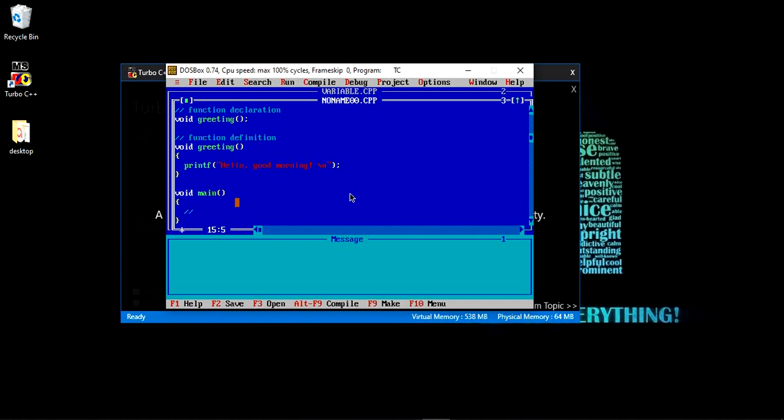Here we will simply call the function that we have defined. clrscr is simply the clear screen function. Once it is executed, then the output screen will be clear.